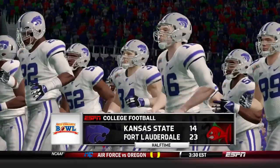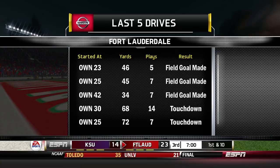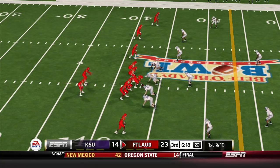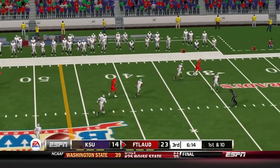That's big time. That's big time. In a bowl game, that's for sure a place that you want to be. Look at the last 5 drives for Fort Lauderdale. Field goal, field goal, field goal, and touchdown, touchdown. I mean, they can't be stopped right now. They cannot be stopped. 6:18 in the third quarter here, and Dylan Fernandez looking deep,